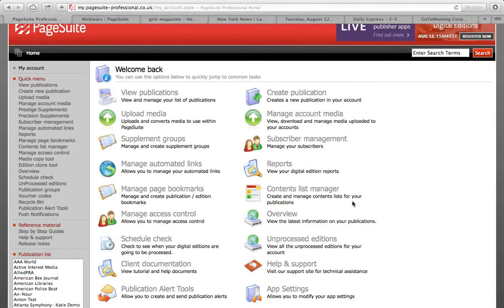So for the frequent publications, like a weekly or a daily, we have an automatic system using a file scanner where we can have a naming convention set up for your publication, and at a specified date and time, we'll just run through and create an edition folder, look for the naming convention of your PDF, automatically upload it and process it. It will run through the files, the auto-linking tool and the HTML5 tool, and if you have an app, then it will automatically publish in the app as well. You can set that to a day in the future, so you can have everything set up to run tomorrow at 4 a.m. if that's what you wanted.